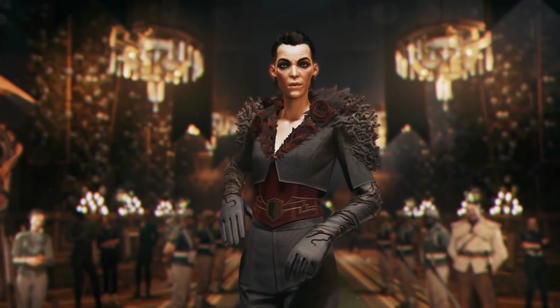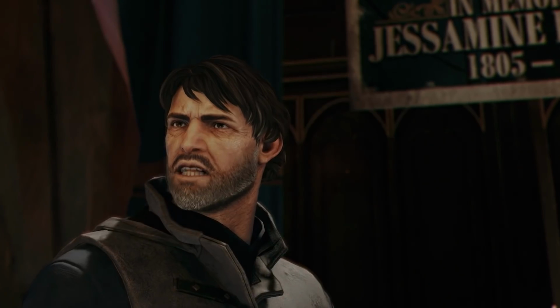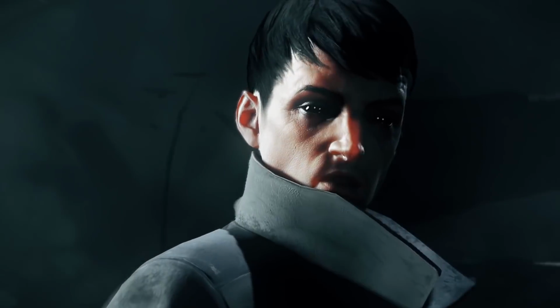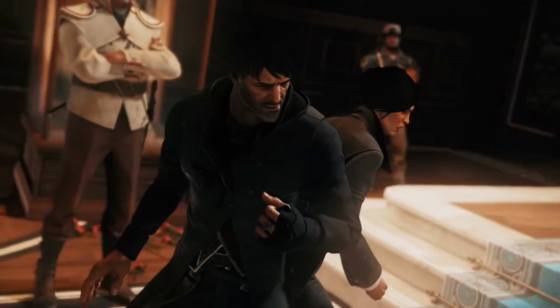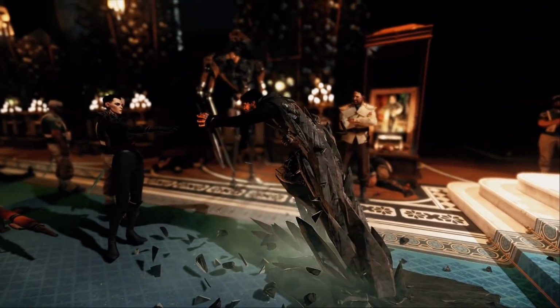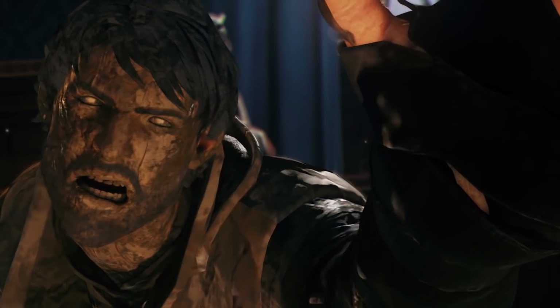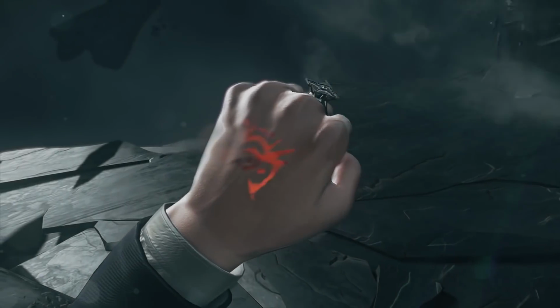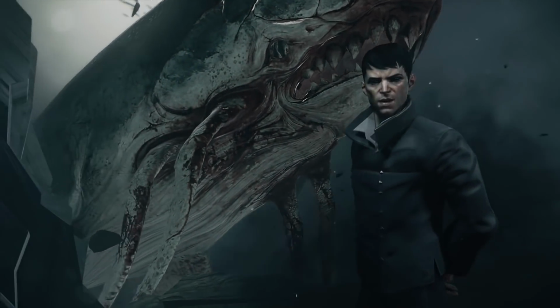However, differences are there where it's worthwhile to go through both playthroughs, and the game is so engaging, and there's variety in the gameplay where multiple playthroughs are enjoyable just inherently, and then you add in multiple characters, that's just going to be doubly so. Gameplay is great, art style is fantastic, really love the Dishonored art style. Hopefully they make a Dishonored 3 at some point, but nonetheless, Dishonored 2 was a great game, and for $9.18,